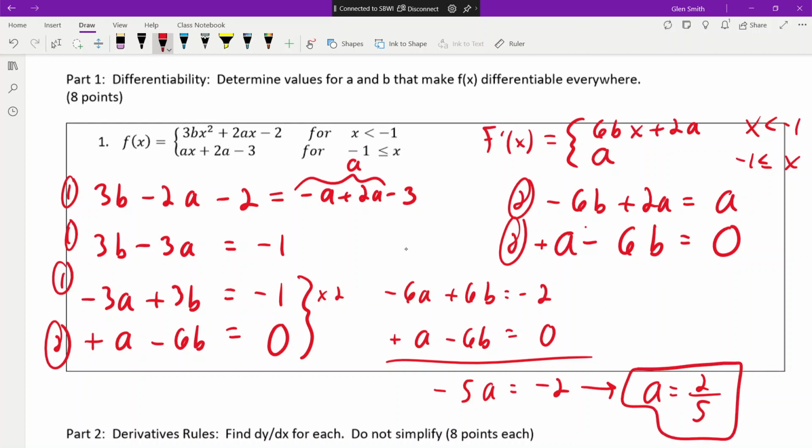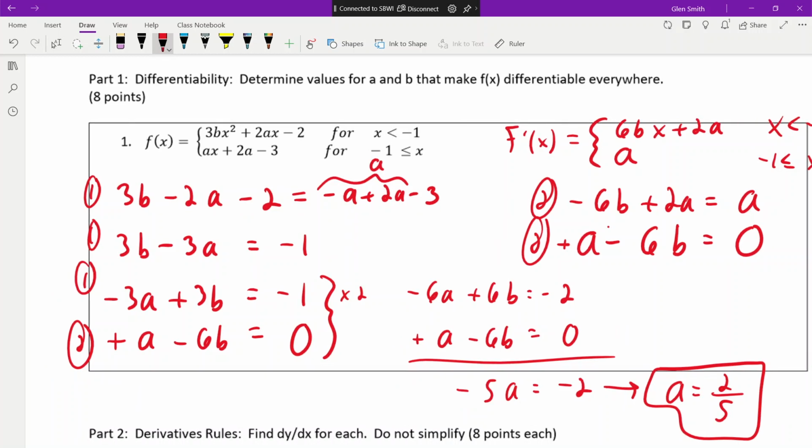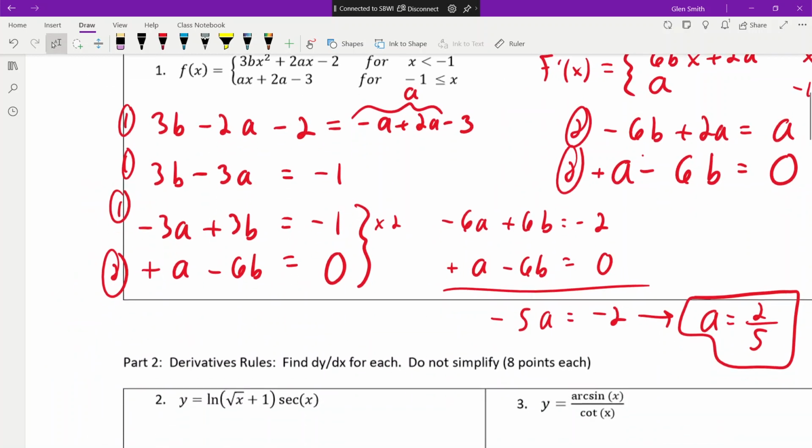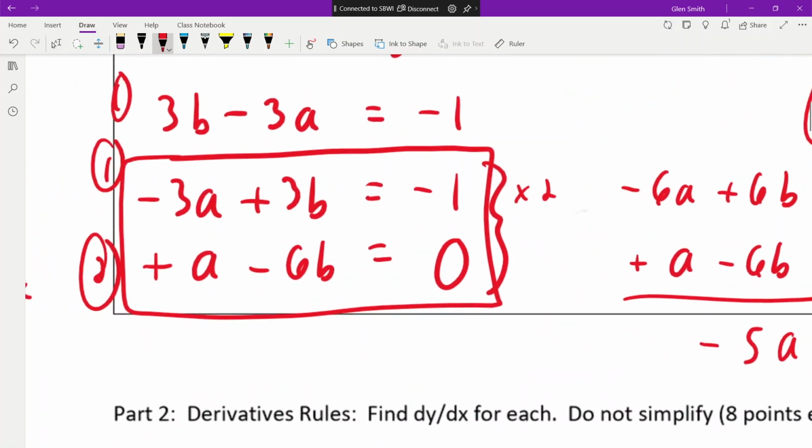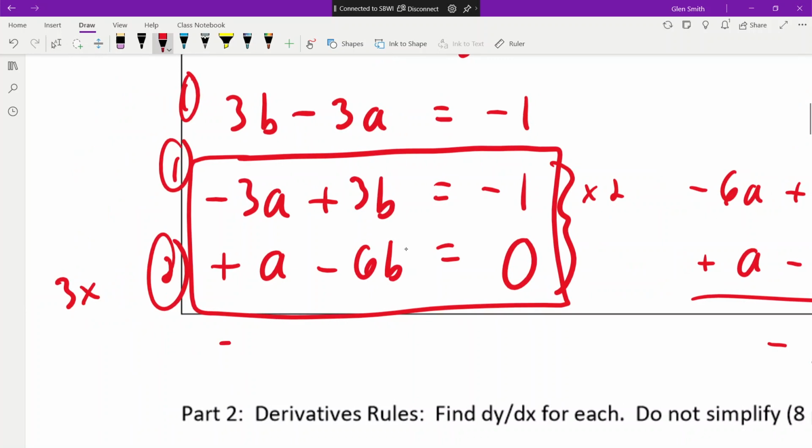And then you get b. You can either plug in a and solve for b, or you can do elimination again. If you take both of those equations, which are right here, to cancel out a, I'd multiply the bottom one times a 3. All right, I'm going to sneak that in right here. That's going to give me, I'm going to leave this alone, negative 3a plus 3b equals negative 1. And this is times, not 3x, all right? I'm multiplying by 3. So that's going to be 3a minus 21b